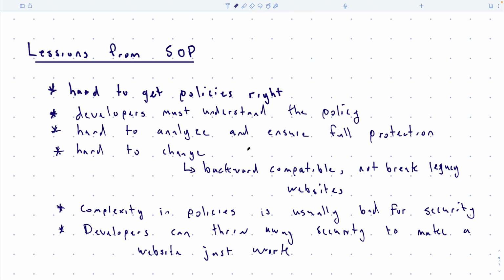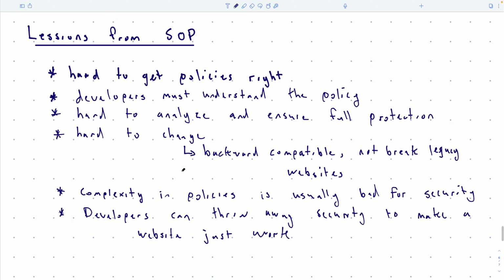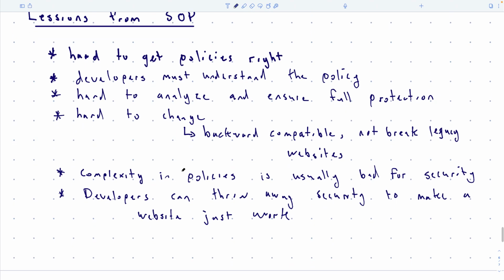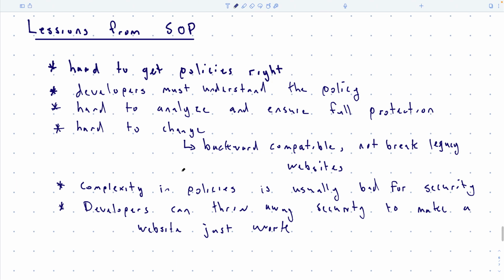Okay. But anyway, changes that you make probably won't be backwards compatible. And if you have some legacy websites that never update, then you're going to break them forever until they update. Some people want more complicated policies, like, well, we have an iframe, so we should have a policy about iframes, and then I can say what iframes are allowed to do and what they're not allowed to do, and I can customize it and things like that. And that's okay. So there is an approach of having more verbose policies that you can write into websites and resources and things like that.